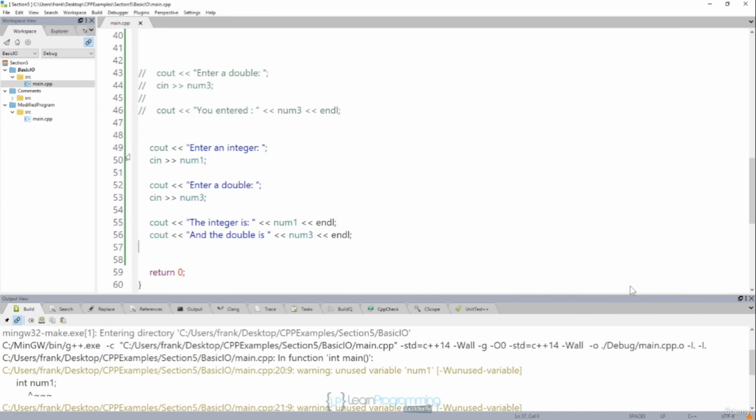So let me uncomment that. And look at this example here. This one is saying, enter an integer, and you're going to read the integer into num1. And then it's saying, enter a double, and you're going to read the double into num3. Okay, now if we run this and I type in, let's say 10 and 12 space 12.5, that's not a